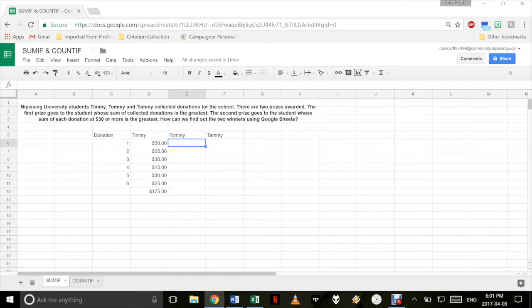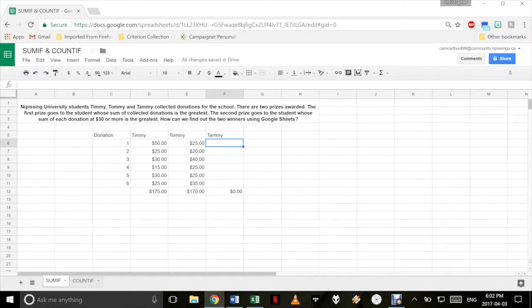Now let's say Tommy. Tommy, let's say 25, 20, 40, 25, 25, 35. Now, if the formula here can be easily carried over, this is a little cheat so that you don't have to do equals sum and then a data range each time. As long as the formula applies, you can highlight this cell and then drag the formula over as far as you'd like it to go. So as you see, Tommy has raised $170, and as of yet, because we don't have Tammy's data, Tammy hasn't